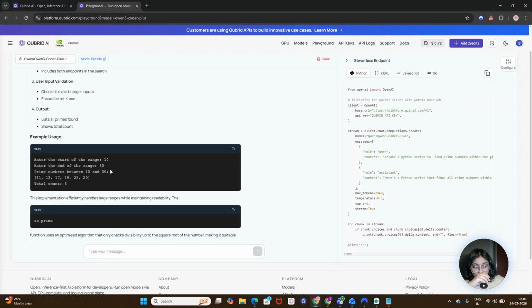So the main difference between these three models, the Qwen Flash model, Qwen Plus model, and the Qwen Next model, is that the Qwen Flash model is a speed focused model, so it is fastest and best for quick tasks, whereas the Qwen Coder Plus model is more accurate with better structured code and handles moderate to complex tasks, which is a balanced model. So this Qwen Coder Plus model is quite a balanced model over here.